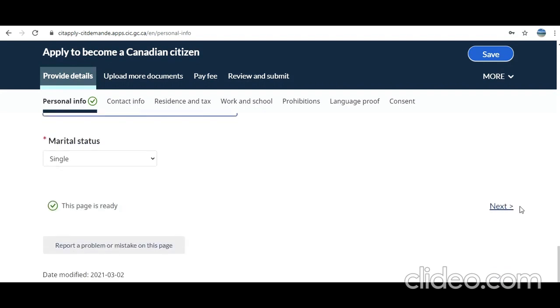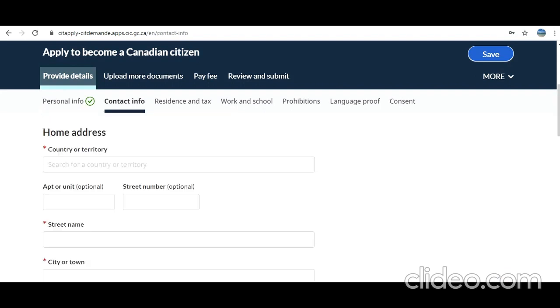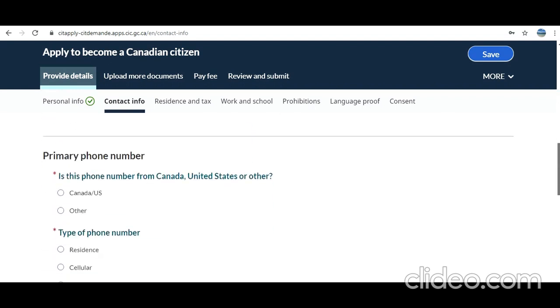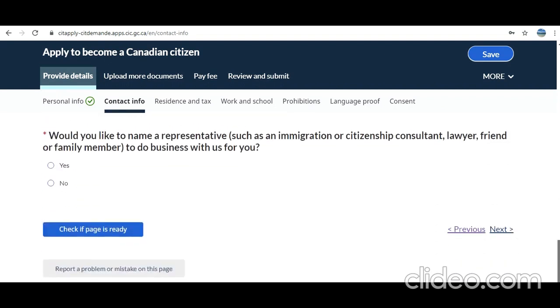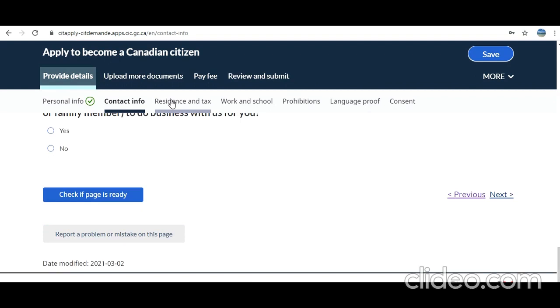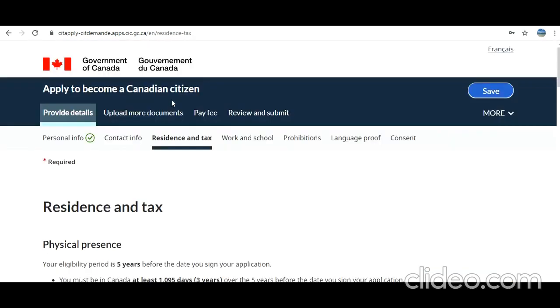So once this page is ready, you can click on next, and once you have filled all the mandatory fields on a page, it gives you a green sign. This page is ready. Now you can click on next. So on this page, first it asks for your email address. I have scrolled the page to protect it, and then other information like your address, phone number, representative and all. Of course, if you want to apply online, you don't have a representative. Tax information,